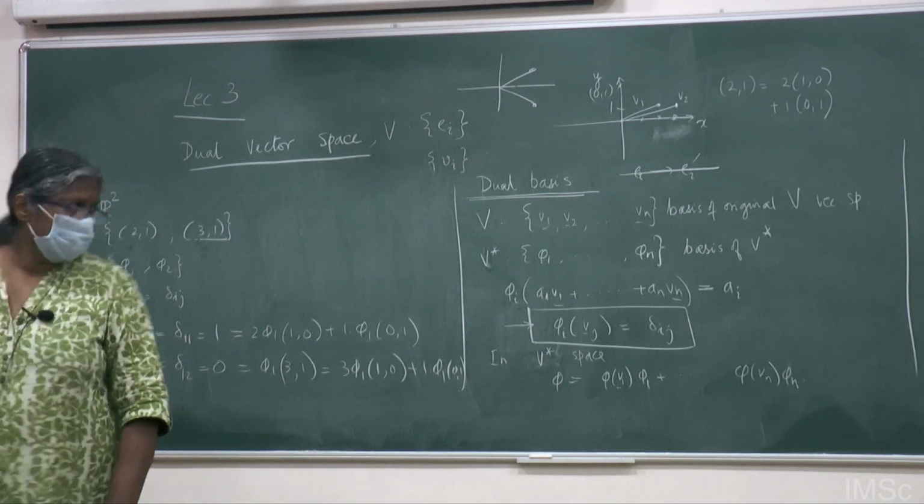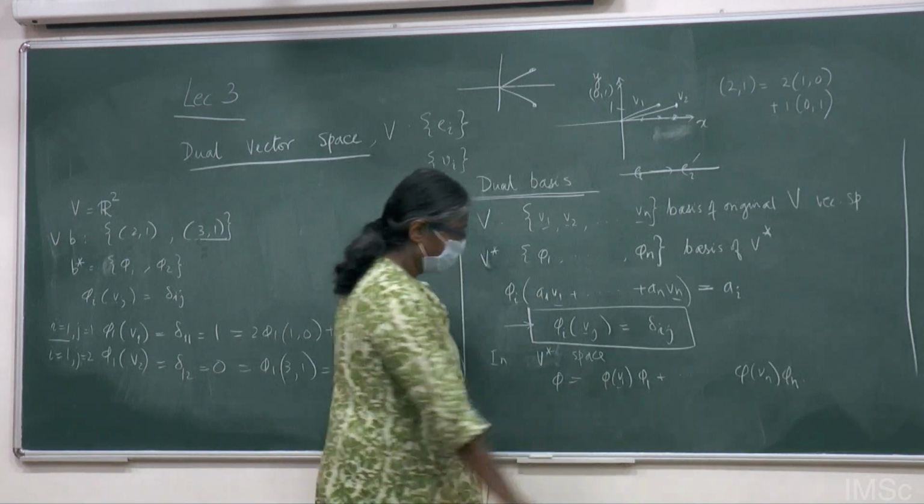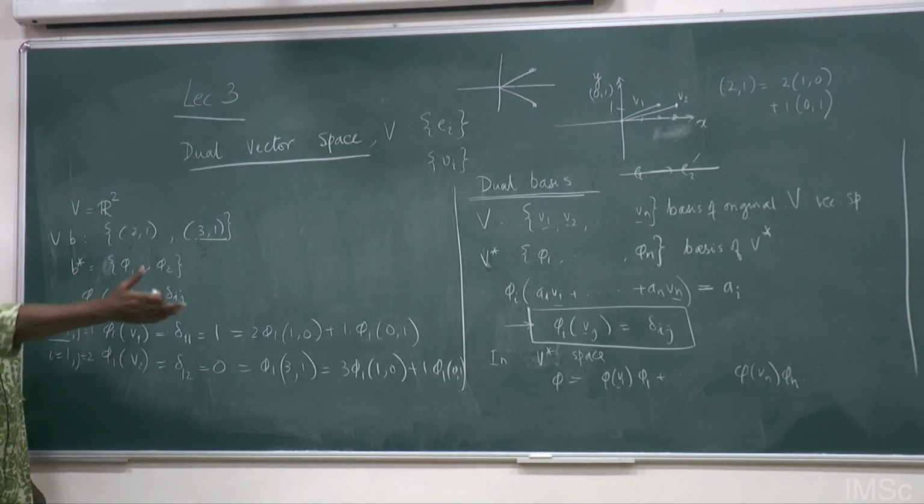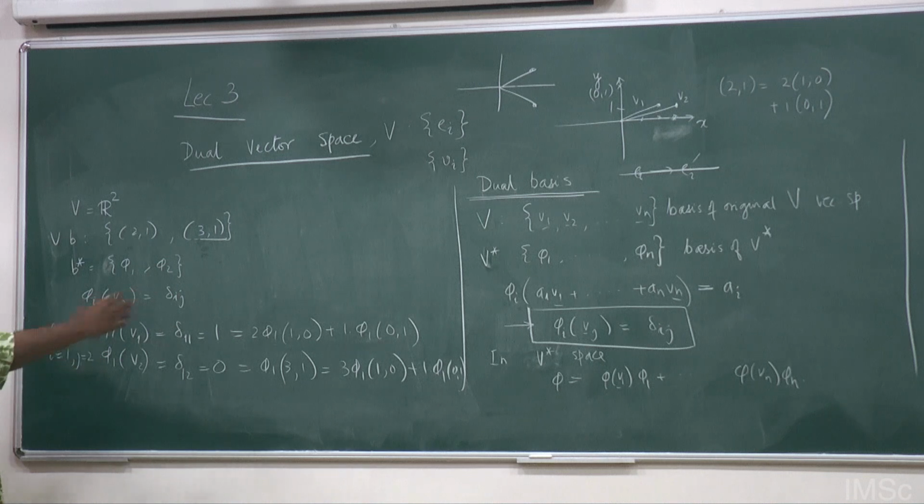Ma'am, in the last line, this side. Yes, you have written the general functional phi. Let me just solve it so that you will see the comparison between the two sides, and then you will be able to do your one-to-one comparison. Okay, so is this clear?